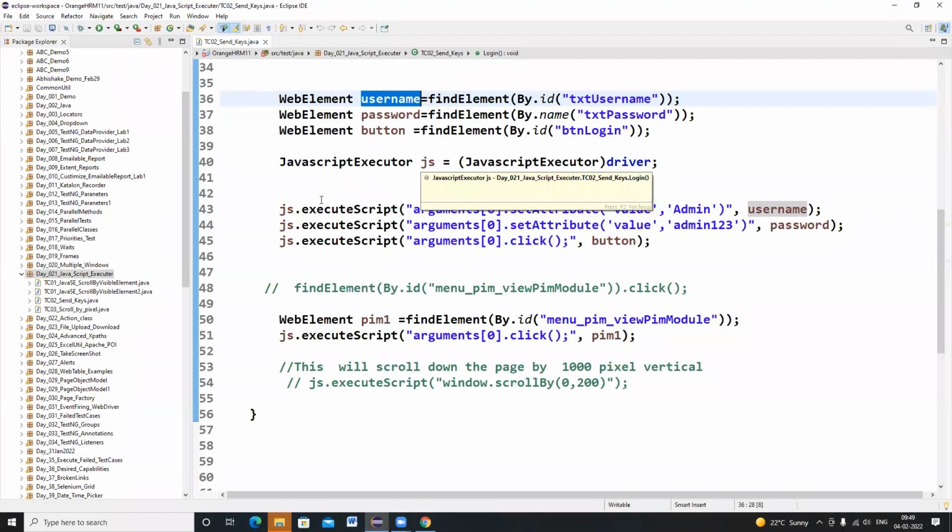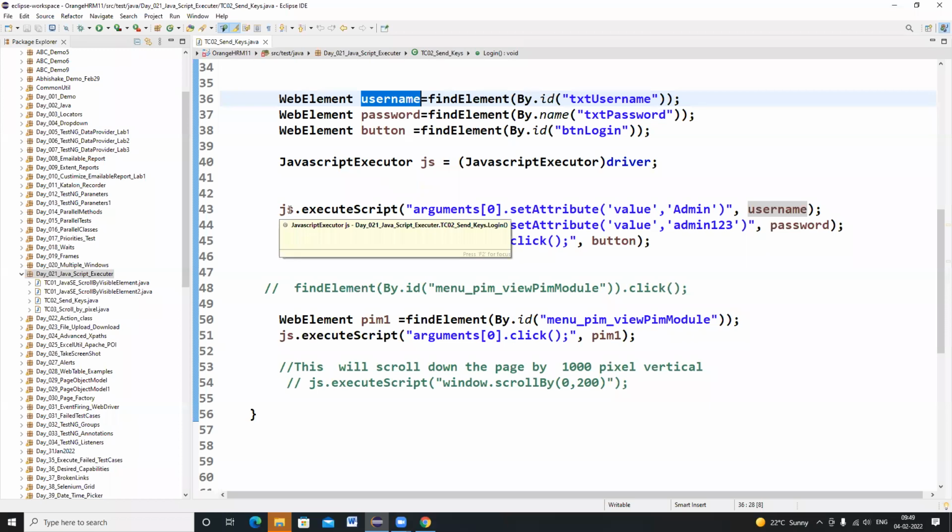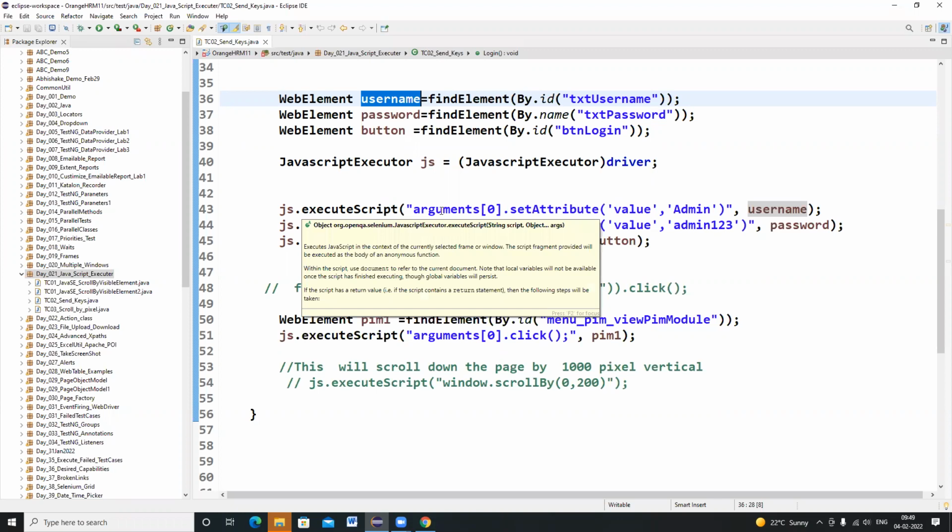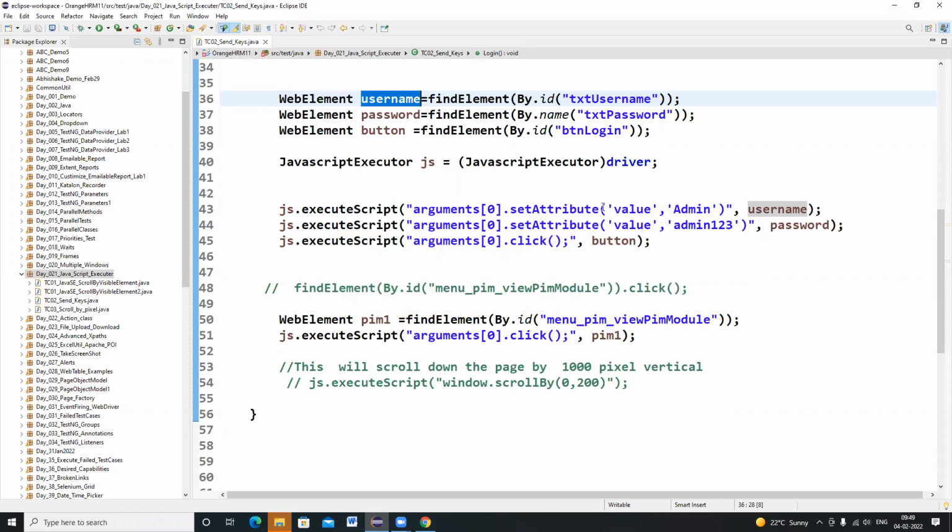Using that object reference, we say JS.executeScript of arguments[0] and setAttribute. By using setAttribute, we are using the send keys operator. We are inputting the value which is admin, and we are giving the web element object reference here. So this is how you will be using the send keys operator.